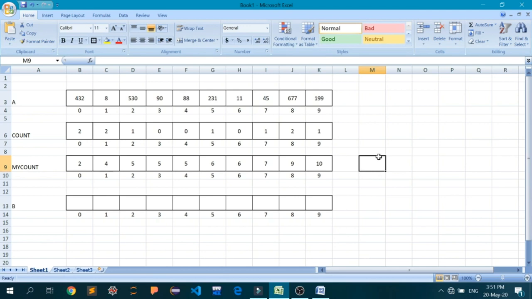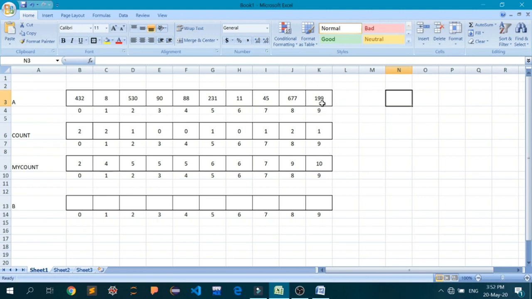Now we are in the last leg of the first iteration of the for loop. So the first application of counting sort is going to be completed. Let's start from the end, as we have done in the counting sort again. The last element of array A is 199.